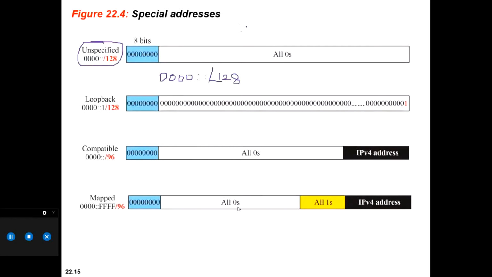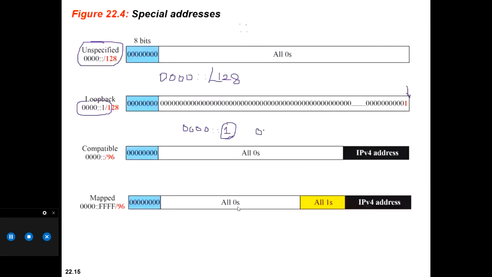So that's what this is telling, that all are zeros. Double colon, एक colon और ये double colon. Now this tells a very interesting address, all zeros. And then I have simply written here double colon format and 1. That means the last bit is 1. The 128th bit is 1.